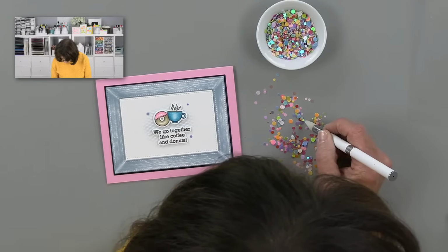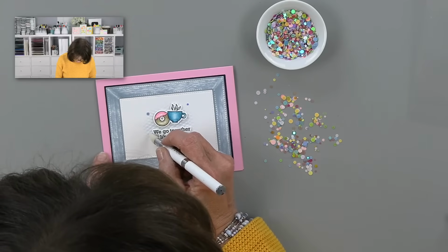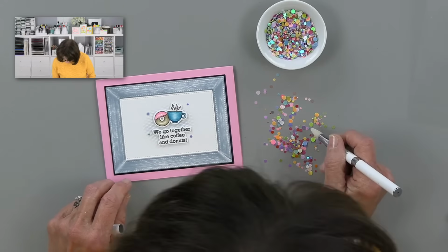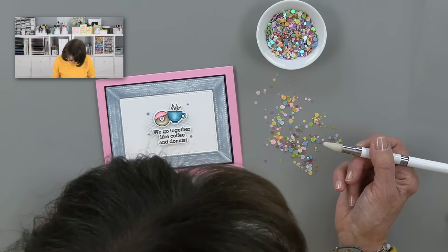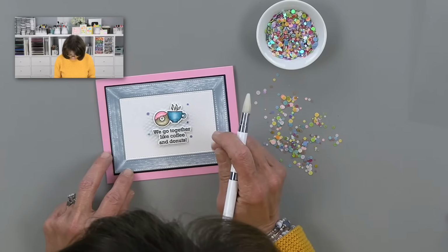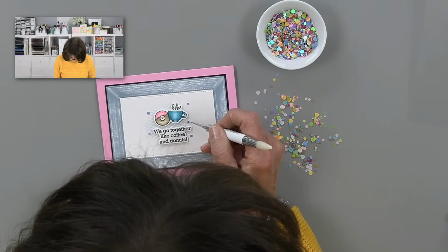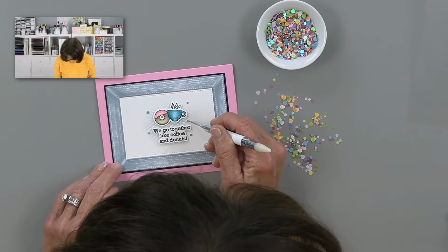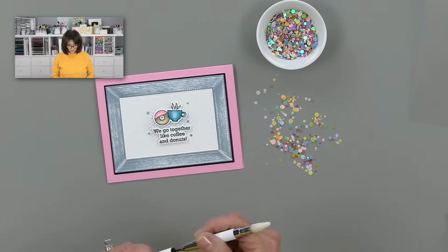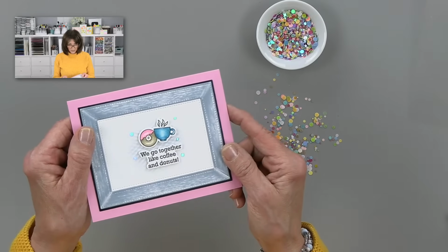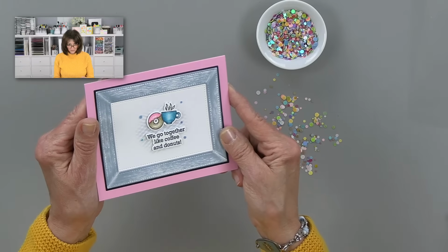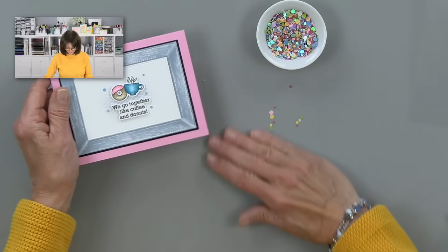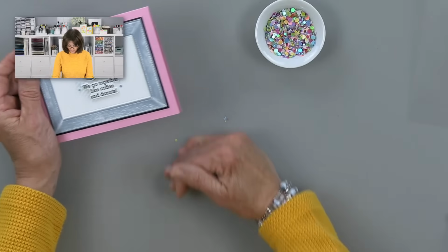I'm going to go with some smaller ones here. One more small one. Sometimes you can't tell what color they are until you get it in the light. That one looks like a half a one, but it's just because it has glue on it, which you won't see once. Okay, so there we go. You can see the shine in that, the little bit of teal. It's so fun. A little something around the perimeter.